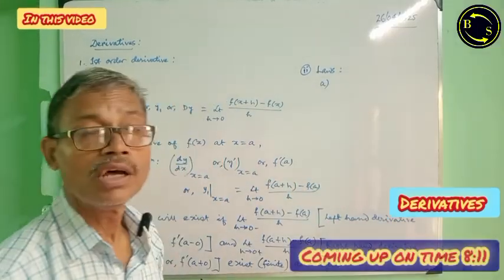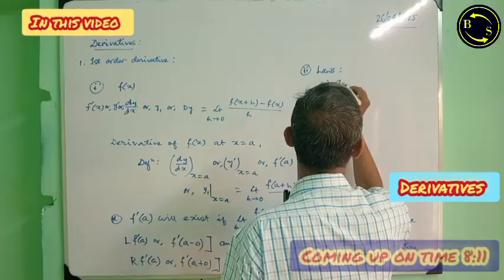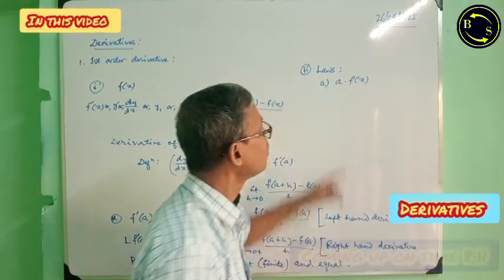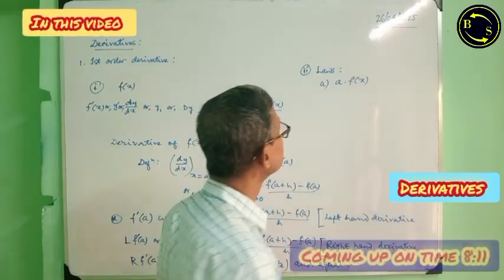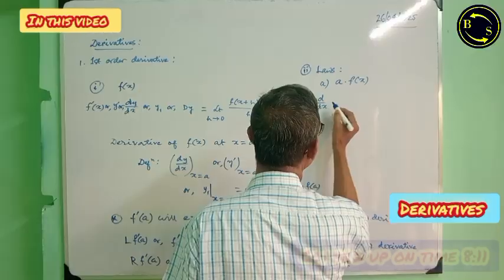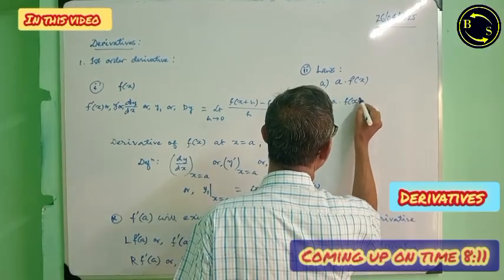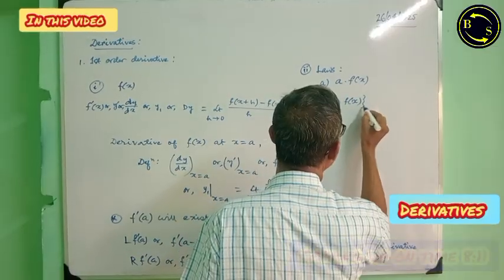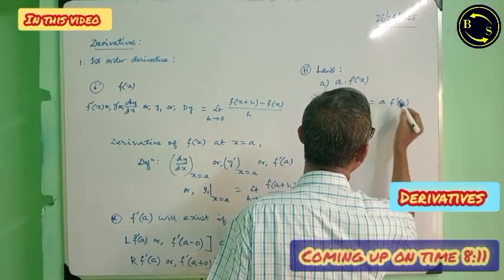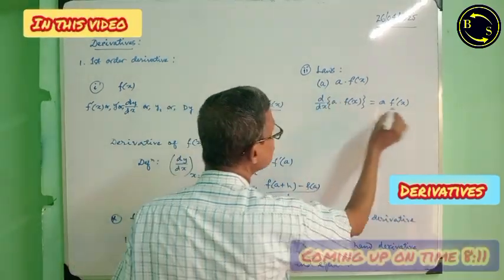Derivative of different functions. First of all, a into say f(x), constant into the function, and that will be